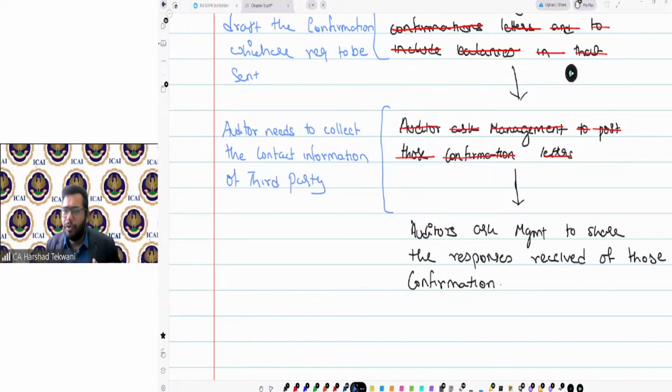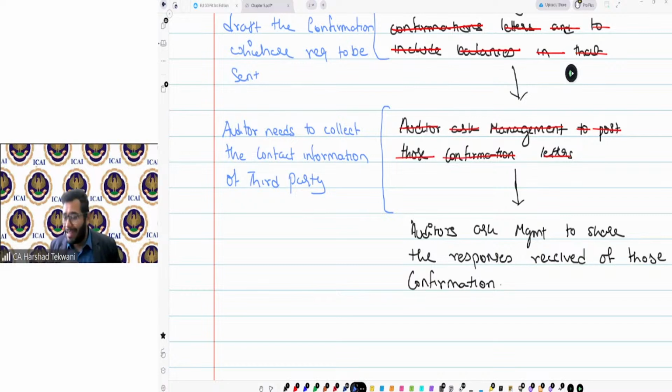And in today's time, there are various means available to verify the address. You can verify from the GST portal. You can verify from MCA, if it is a company or LLP. If it is GST registered, then the GST portal, as I told you. If it is a sole proprietor, not registered anywhere, you can use Google Maps or Google to check about the person or the business, if it is a known, famous business.